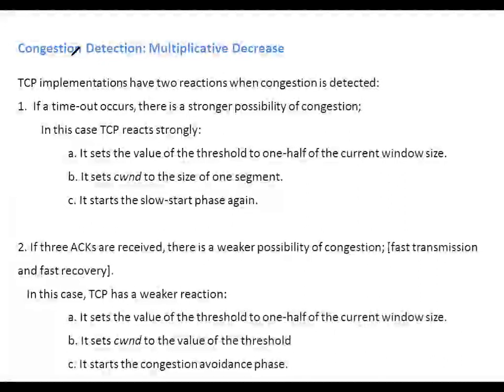Next phase is congestion detection. In this phase, the sender will be detecting the congestion condition in the network, and then it will reinitiate the congestion control mechanisms. That is either slow start or additive increase or the congestion avoidance phase. Now, how the sender can detect that there is congestion in the network is, there is only one solution till